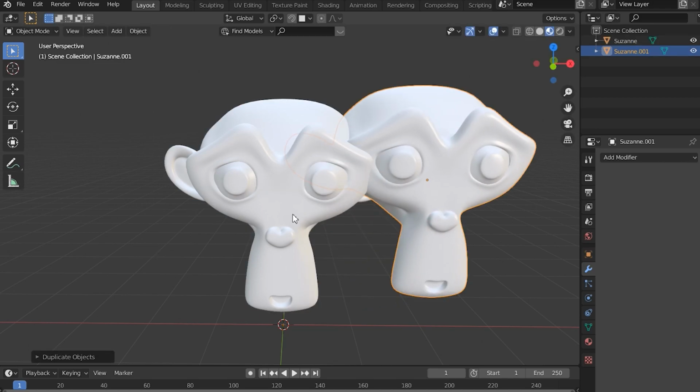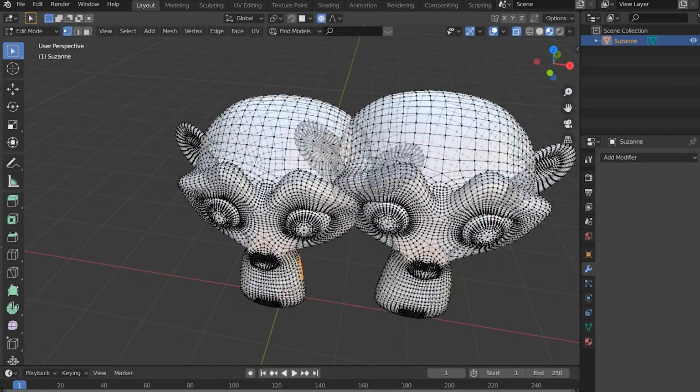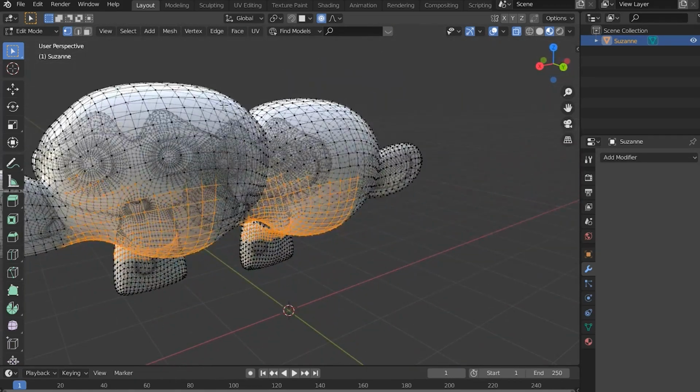If I have two different meshes and I want to join them together, I'm going to select both meshes, make sure my mouse is in this main window and hit Control J, and those two meshes now become one. Now the geometry is all still there, as you can see. It doesn't change any of that geometry, but it does merge them together into one mesh so you can edit them together.